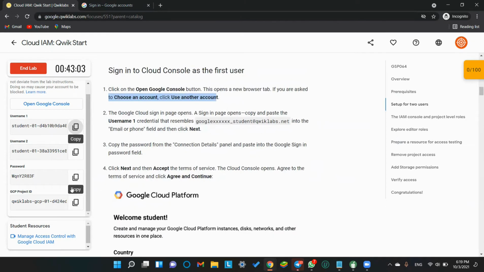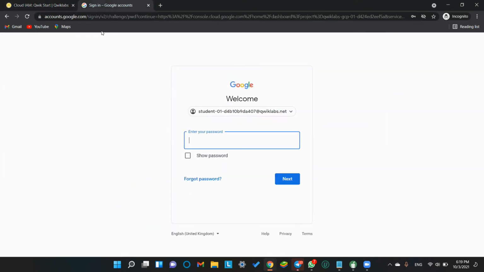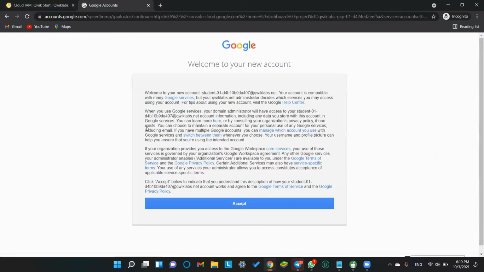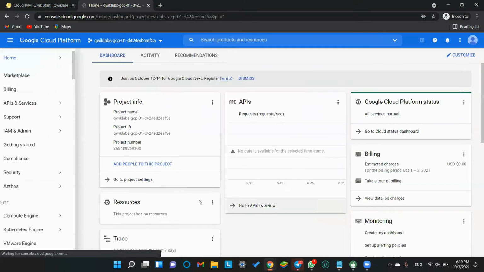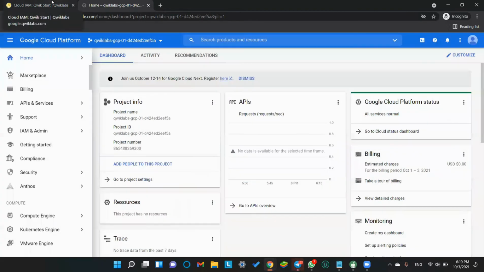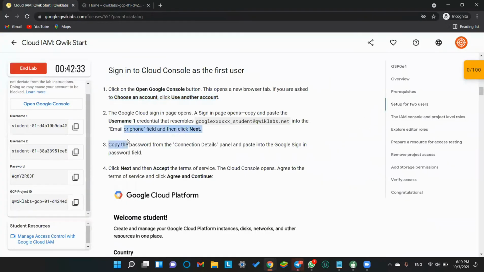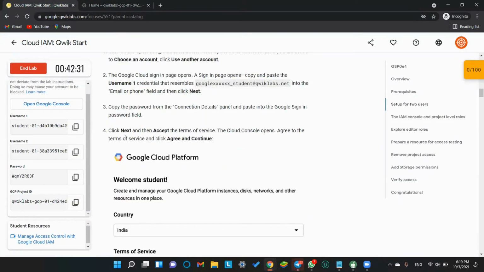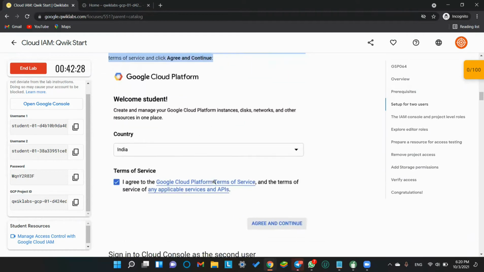Connection details. Fine, this is the only password which we are seeing. Let's just paste it. Who knows, it will work or not work. Okay, accept. It's working. Fine. The first rule of coding everyone must remember is if it works, even if it is wrong, never touch it. Just go with the flow. Everyone just wants the output. So okay, done. Now we just paste in the password, then click next, accept, agree, continue.